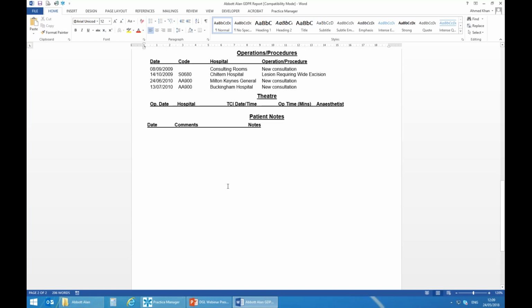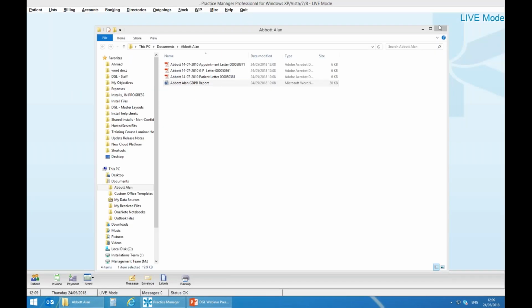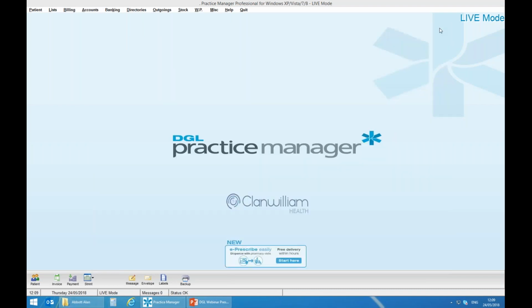It may seem like some of the options are already there, but it just makes it so much easier because we did a test and it took us a good hour to try and get all this information manually from all the databases. So that will save everyone a lot of time. Okay, so just come out of that one. Okay, so the next up, we then go down to,